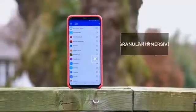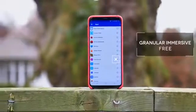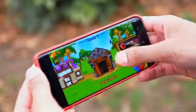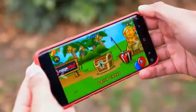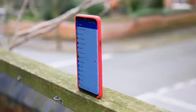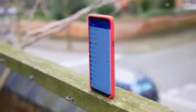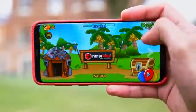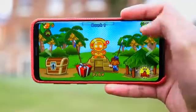The next one is pretty self-explanatory. This is called Granular Immersive Mode. So, a situation: you've got yourself a brand new shiny 18:9 aspect ratio phone, but you've just realized that 50% of applications don't fill that display. So what you can do on this is select individual applications that don't currently support full screen mode, and it'll make them support it. Some smartphones already have this kind of functionality built into them, but this is really for